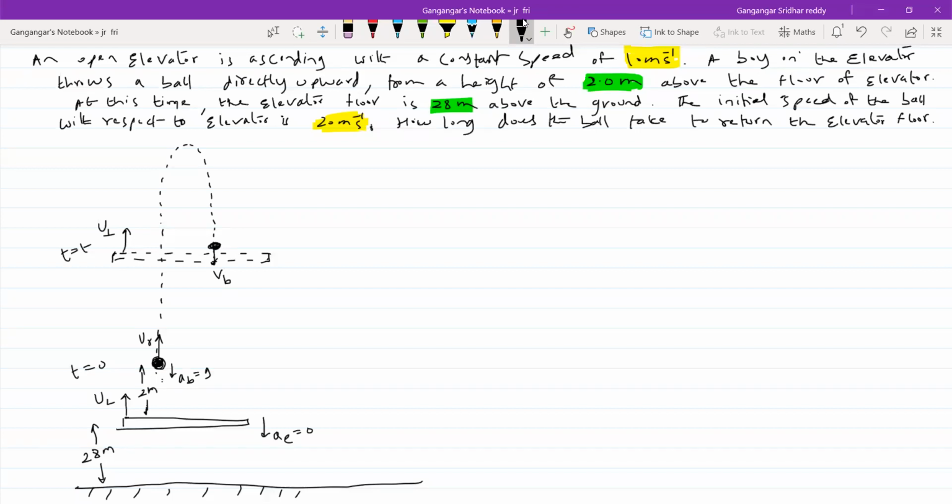Again, let's go back to the formula. It is a situation like an elevator moving with constant speed, or elevator accelerating down, moving with velocity. You can still apply the same basic formula. Nothing to bother much here. So position of ball with respect to elevator, final. You are going to get a very different set of questions, but the idea will be the same everywhere. What all I'm discussing, these things only you are going to apply.